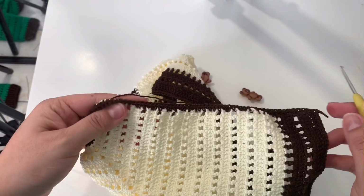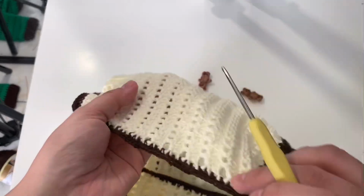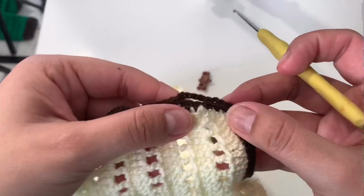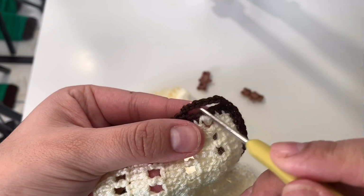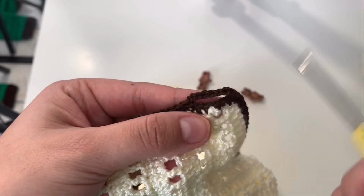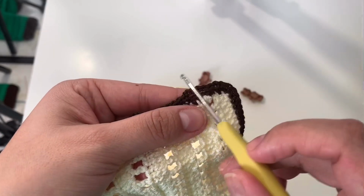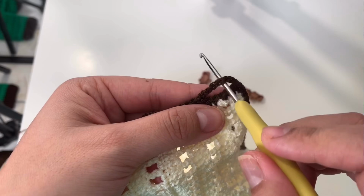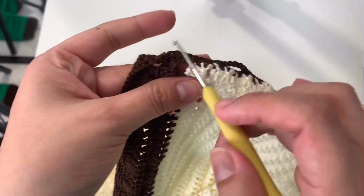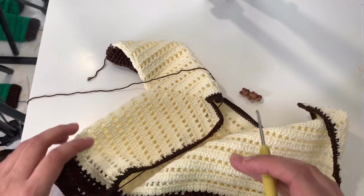We are going to work only single crochets all around until we get to this point where we have our buttonholes. Here's my 4. When you get to this point, if you made 8 chains, you're gonna make 8 single crochets inside the buttonhole. If you made 5 chains, you're gonna make 5 single crochets. The number of chains you made is the number of single crochets you're gonna make inside. So you make all single crochets, go around until you get where we started right here. You fasten off your yarn, and